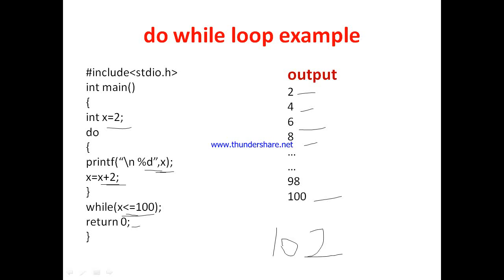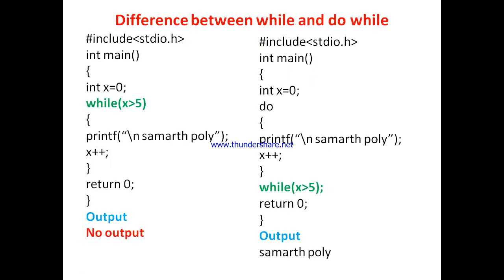Okay, now let us see what is the difference between the while loop and the do while loop, because we have implemented all the programs by using the while loop. These are executing the same as the do while loop. That means I want to say the output produced by the while loop and the do while loop was the same in the previous examples, but in this example we can understand the difference by watching the output. Now we have seen the output when the test condition is true, but now let us check what will happen if the test condition is false at the entry point.